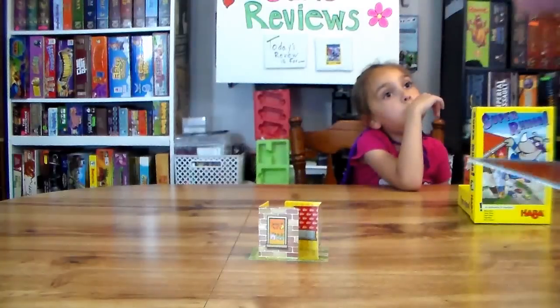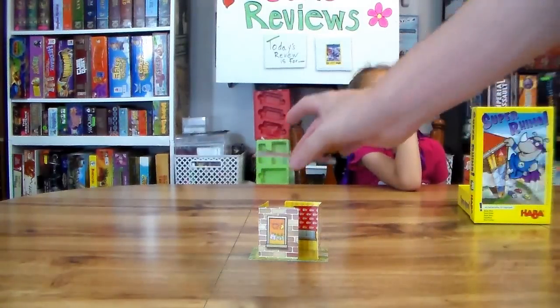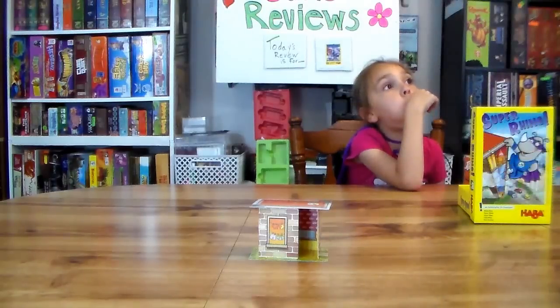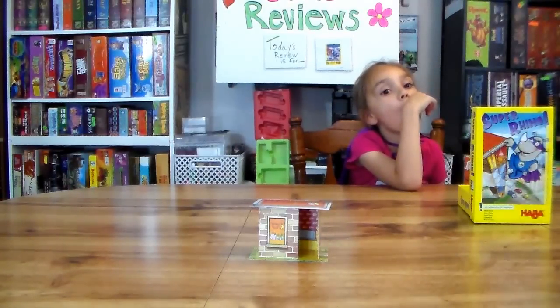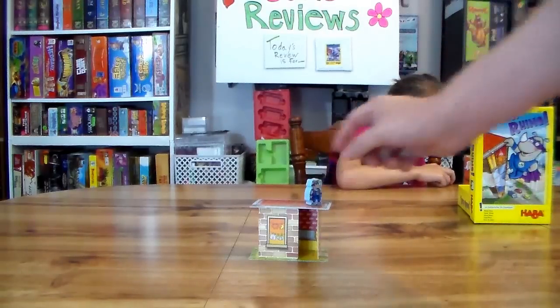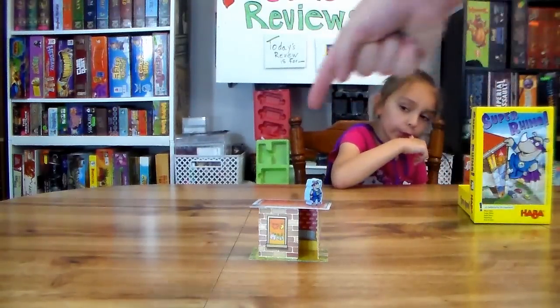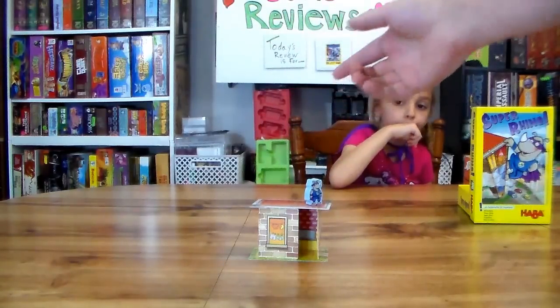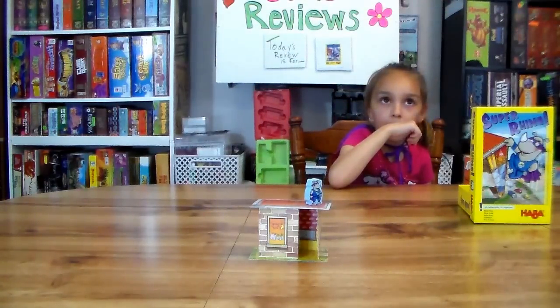So on your turn, like I said, you're placing the walls, and then you're placing your floor, and then you're executing whatever the card says immediately. Or if it's the next player, they'll do it on their next turn. And then you place the Rhino on the one that shows the Rhino. So the next player will place the walls here, and then the Rhino will stay there until another